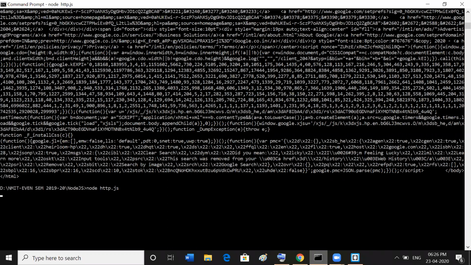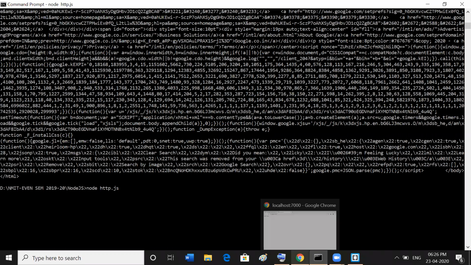It is waiting. There is no output, because I am going to display in the browser, and it is waiting on the port number 7000. If any request comes to that port number, you can give it at the browser client at localhost:7000. If you refresh this, you will get the message Hello Mohan.